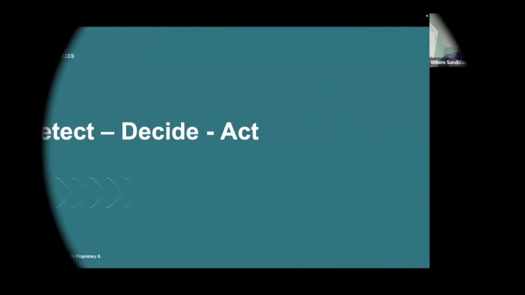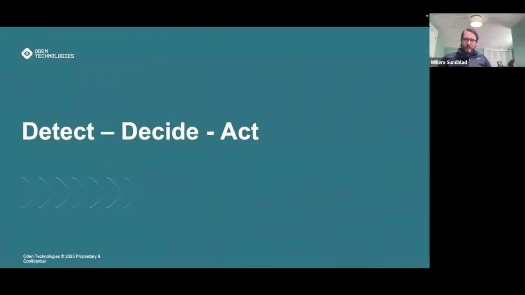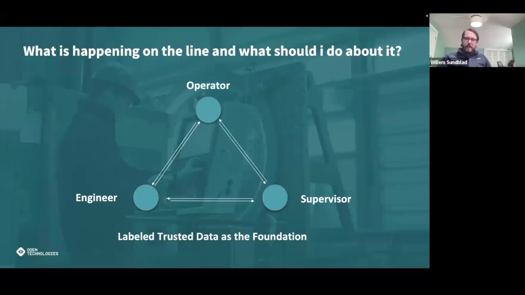Talking a little bit about how we create the system of action. We like to think of it as you need to detect what is happening on the line. There needs to be a decision about what should happen, and then that action should follow. We often think of it as kind of the operations heartbeat in the factory, where you have an operator who